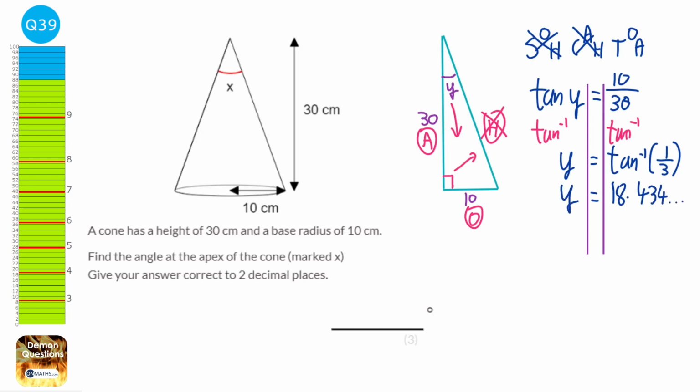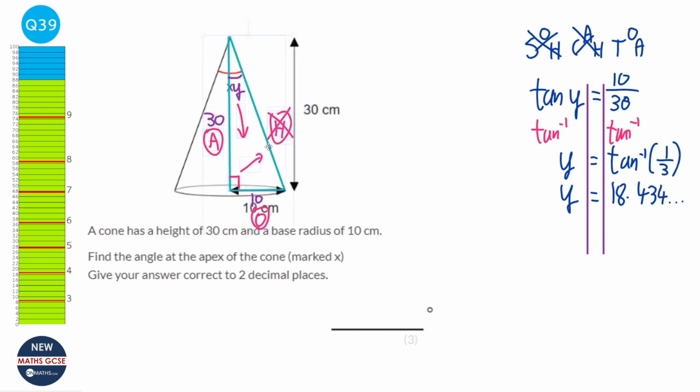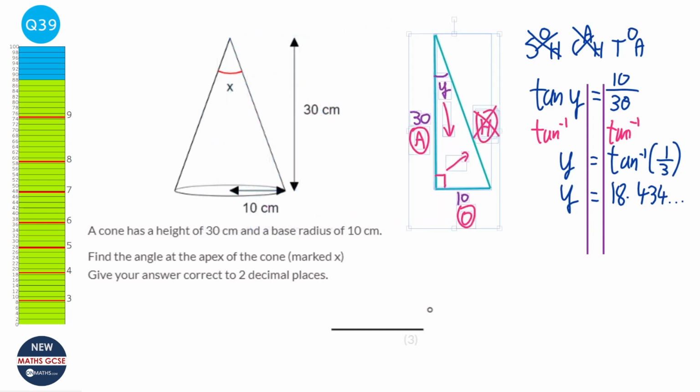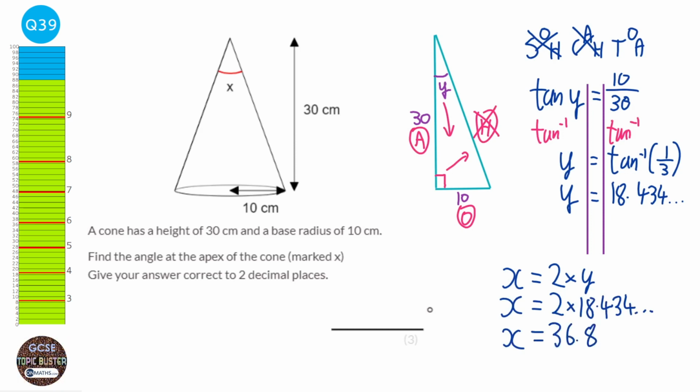Now, what I did at the start was I moved the diagram away from the cone. Let's just move it back and we'll see the fact that y is exactly half of x, because we've done a line straight down the middle. So to find out what x is, all we need to do is double y. So x is going to be 2 times y. So that's going to be 2 times the 18.434 blah blah blah. And so that is going to be 36.869, etc. And it says it wants it to correct 2 decimal places, so that's going to be